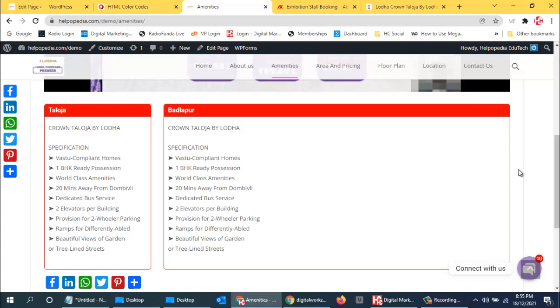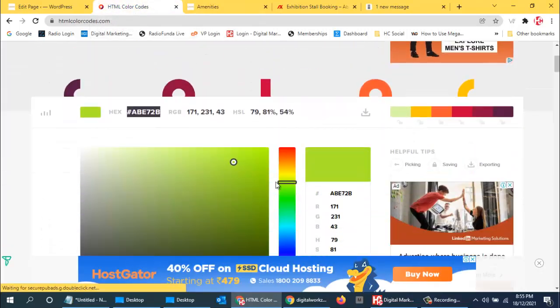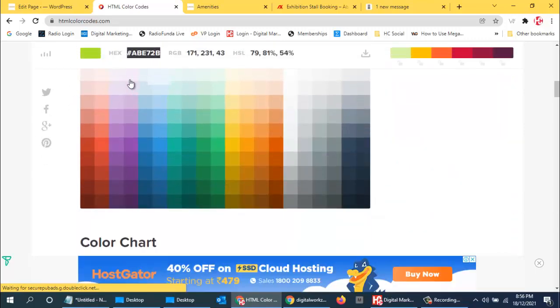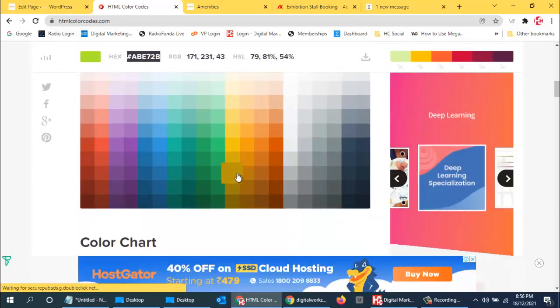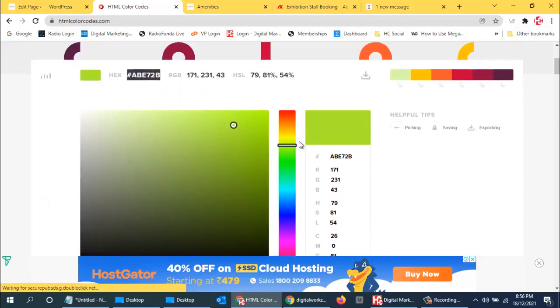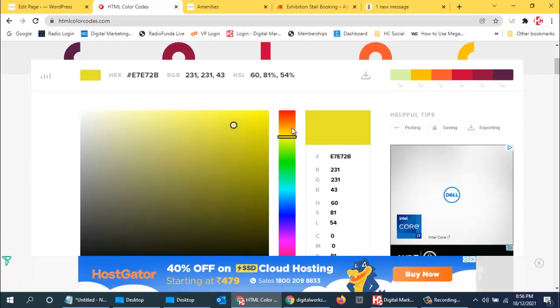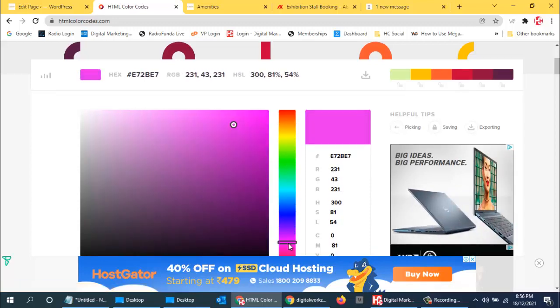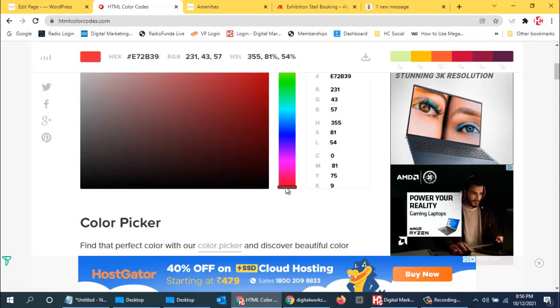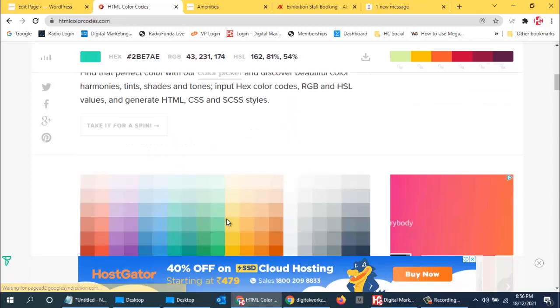So yeah, that's it for this. You can just try out this plugin and go to the documentation of this. This HTML color codes plugin also is a good plugin, wherein over here you can see these are ready-made colors, and over here you can make your own color by sliding this. If you want a shade of blue or green or yellow or red, pink, whatever you want to use, you can create your own colors from here. And over here you have ready-made colors that you can use. Whichever color you want, you just click on that.